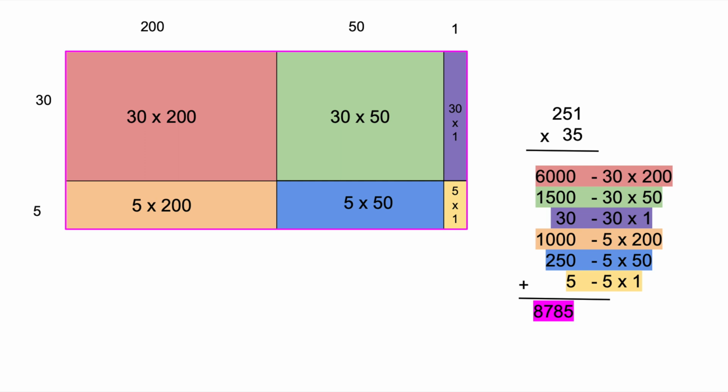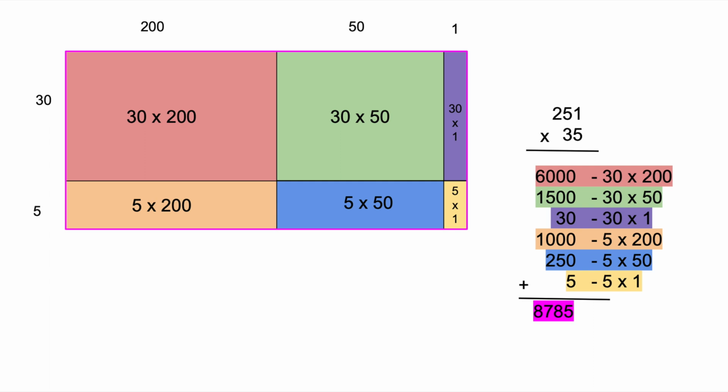And what we want to do after this is to just simply add all of these numbers since they're all partial products and we're breaking up the whole equation into smaller parts to be able to figure this out. So all we have to do is add the equation itself to get our final answer. You can see that our final product is